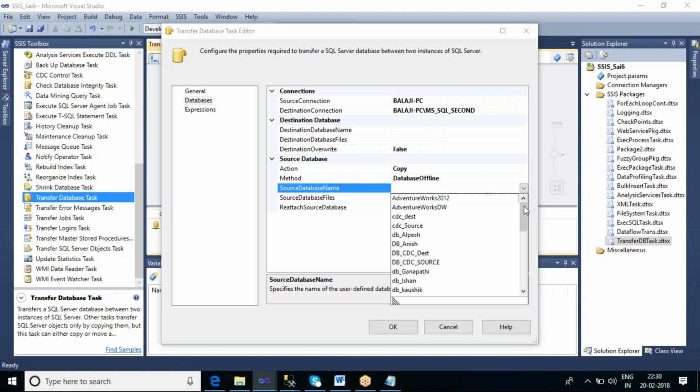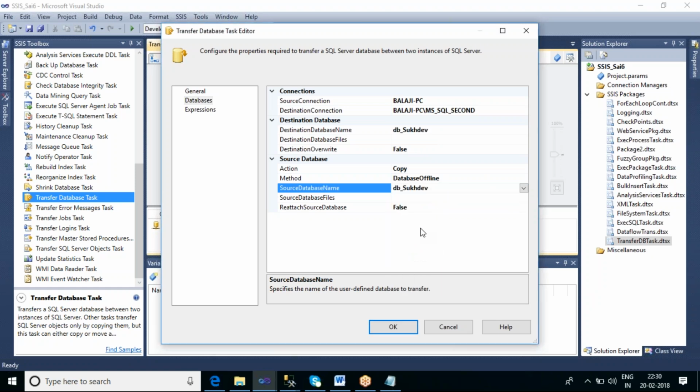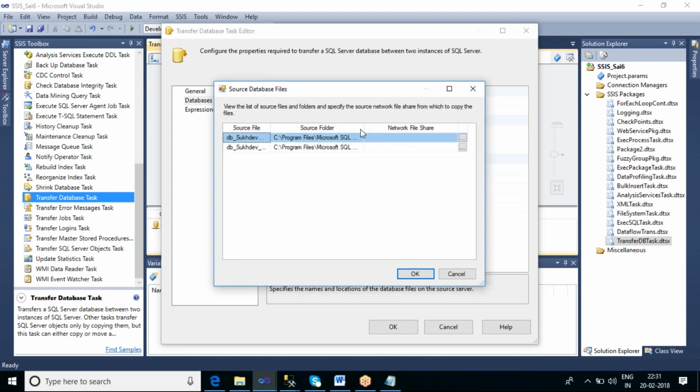Now the source database name is db_Sukhdev. The only difference is that earlier the source database MDF file and LDF file paths were automatically recognized. But here in this offline method, we have to specify both the source MDF file location and the destination file location. We have to specify both in this offline option. Now let me select this, and here we have to specify the